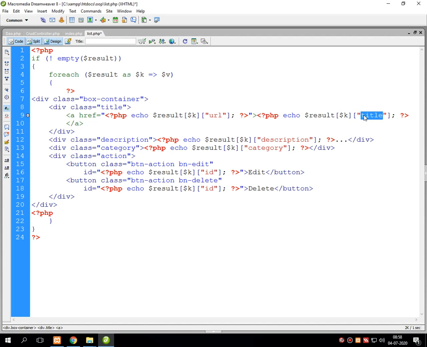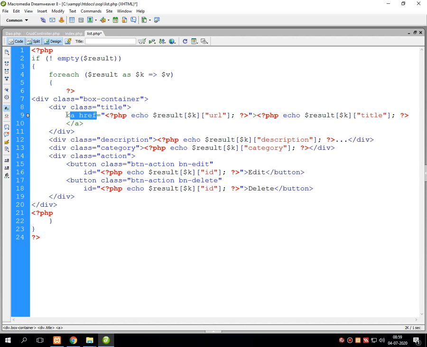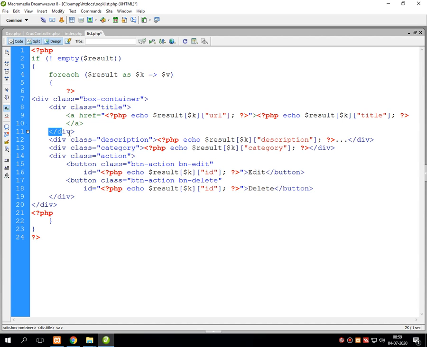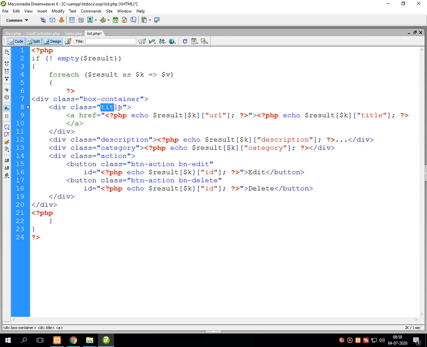That title is displayed using this particular line of code, which is actually a hyperlink, meaning it's a clickable event. Whenever you move your cursor over the title of the particular page, it displays a hyperlink. This is displayed by these two lines of code. Then there is the completion of the first division which holds the title.